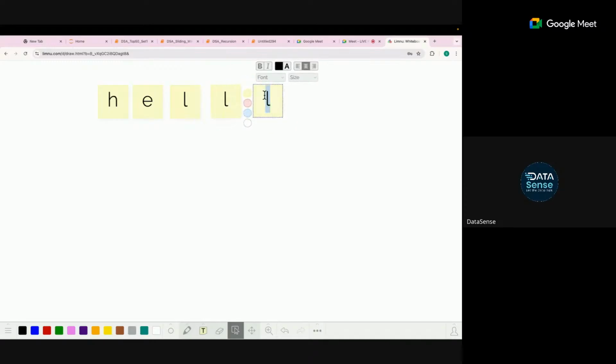So this is my main string. In this, I'm checking the character L. I need to test this particular L character in this. So what will I do? First, I will compare L with the first element of hello, right? So what I will do that